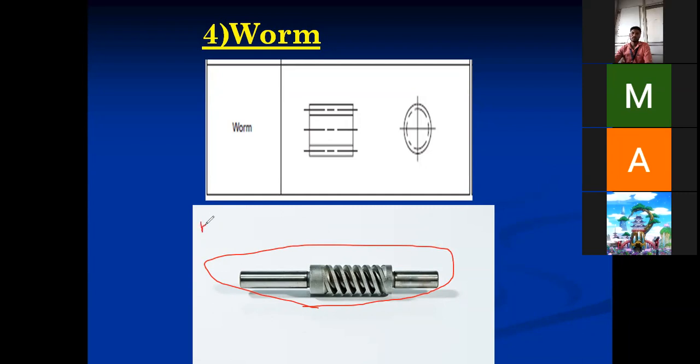I have told just before. What is absent in case of worm? Hub is absent. Why is it absent? Because it is gear itself. Because the shaft itself is a gear. Gear means